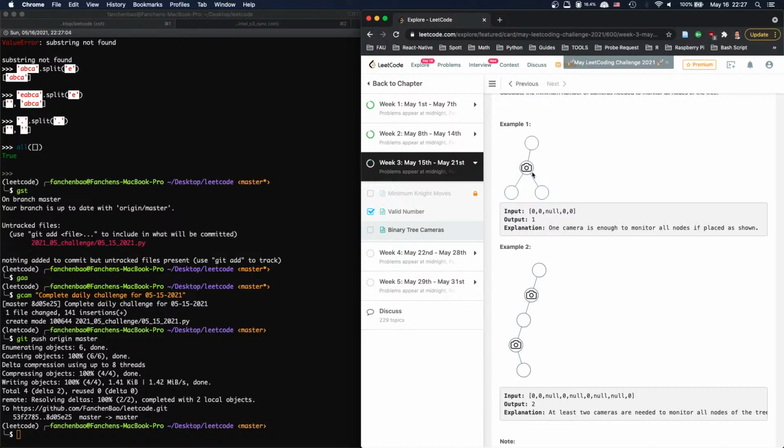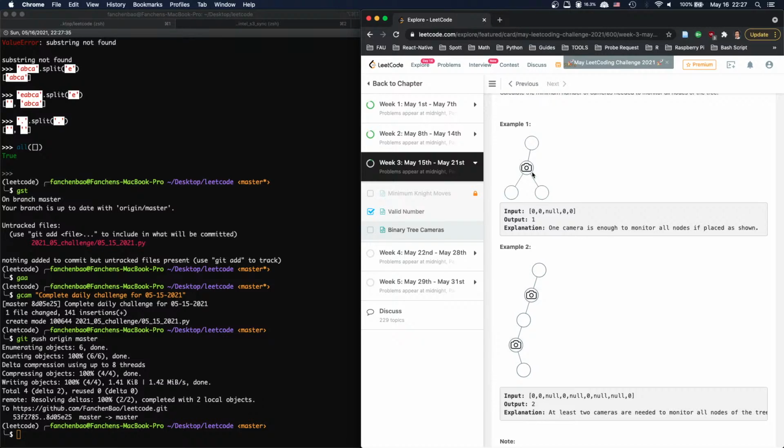Or maybe we can work this thing bottom up, not using dynamic programming, but just greedy. Can we do it just greedy? We go all the way down to the leaf node, and if it's a leaf node, we don't set it, and we always set the parent of the leaf node. And once we set a parent,